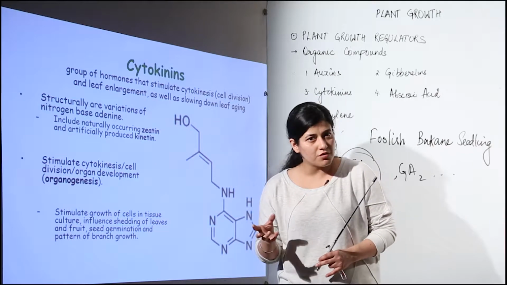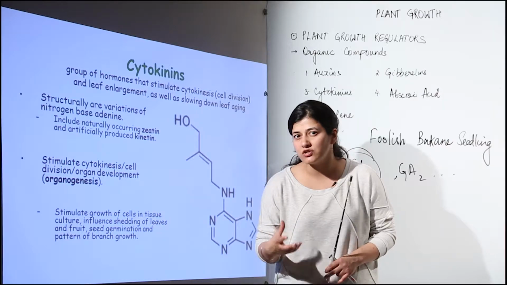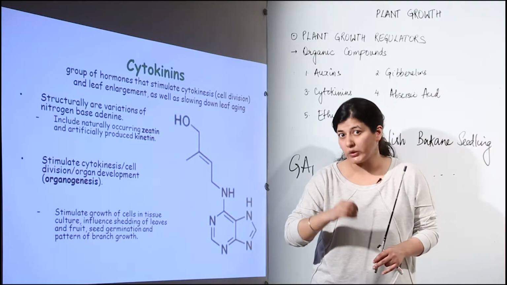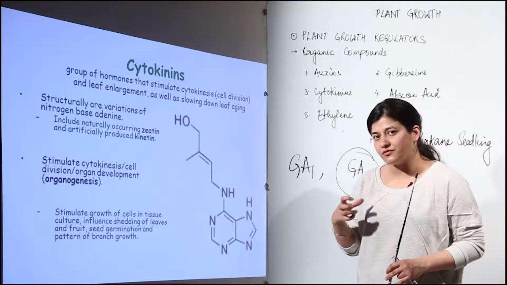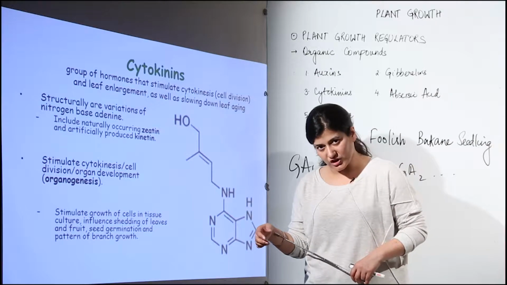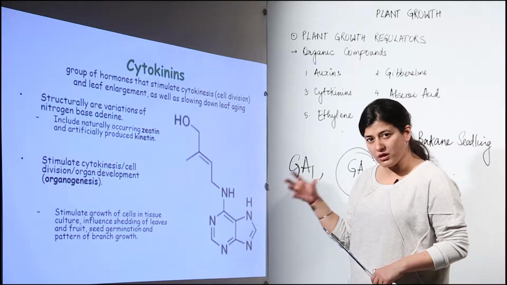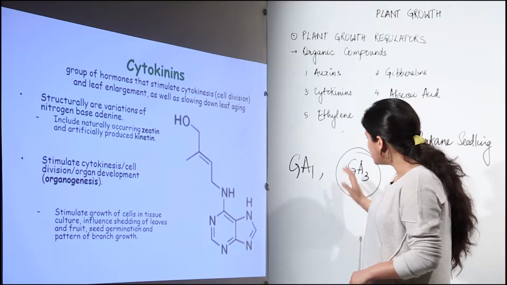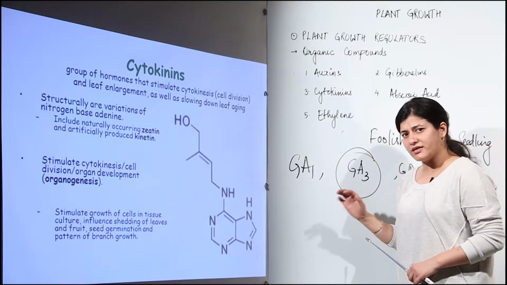One thing you need to remember is how it can be remembered that they are very crucial in stem elongation: from where they were discovered, the plant had shown abnormal stem elongation. That was in case of the rice plants. It was extracted for the first time from the fungus Gibberella fujikuroi, which is responsible for those abnormally tall plants in the rice fields. And which is the most extensively used gibberellin? That is GA3.